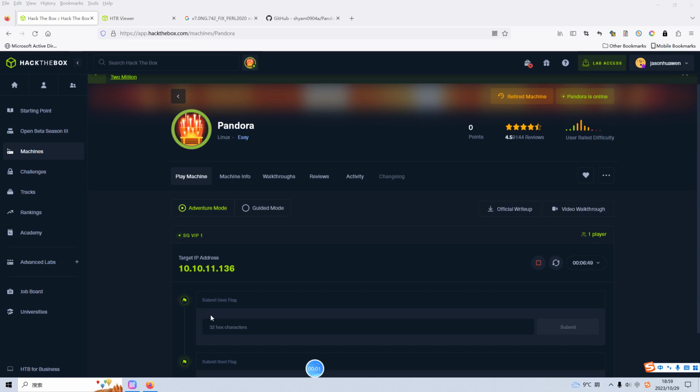Dear friends, I'm back with another machine on Hack The Box, which is Pandora. I've already spawned the machine earlier, and this is the IP address of the target. As always, I'd like to use the Pentesting, which is the online Parrot OS provided by Hack The Box to do this